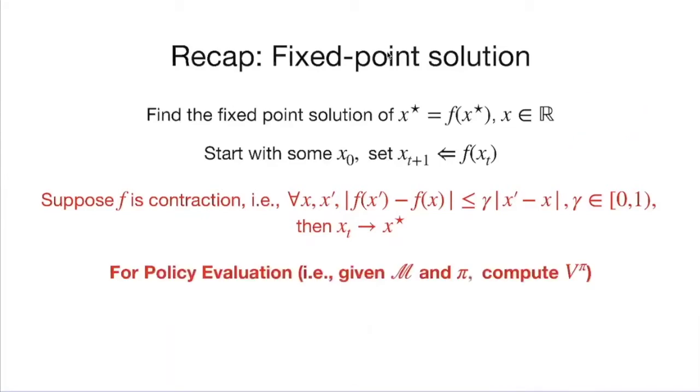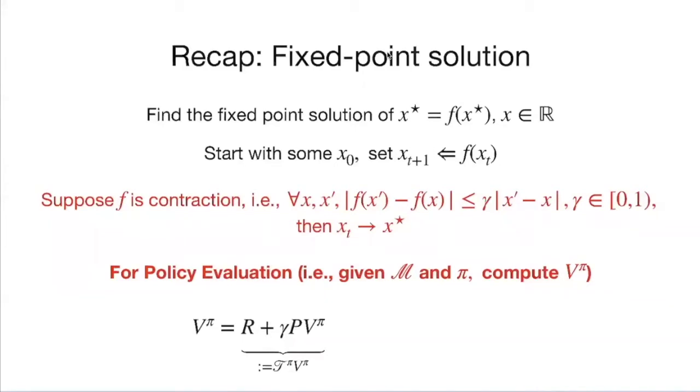And then we use this intuition to do this policy evaluation, right? So what we can see from this Bellman equation is that this V pi, the policy's value function that we are interested in computing, actually satisfies this equation, right? So you have V pi on the left-hand side, you have V pi on the right-hand side. And you can see that if I write this in linear algebra fashion, this vector V pi is actually a fixed point solution of this equation,